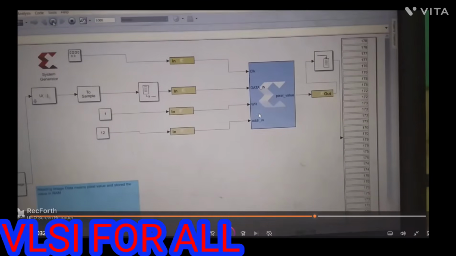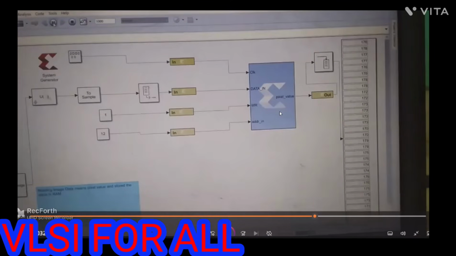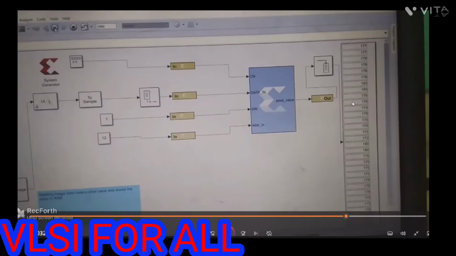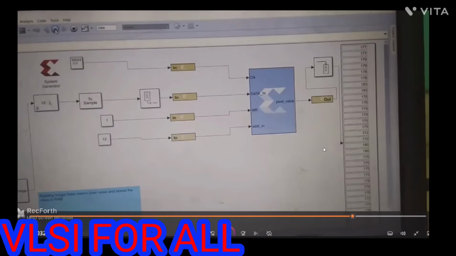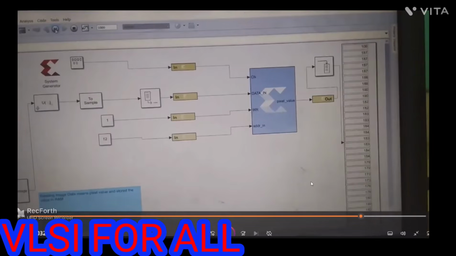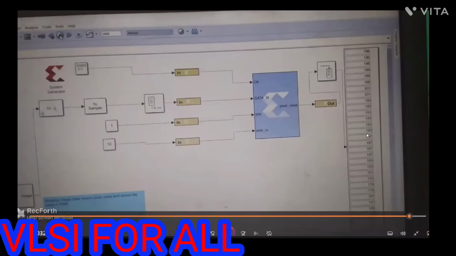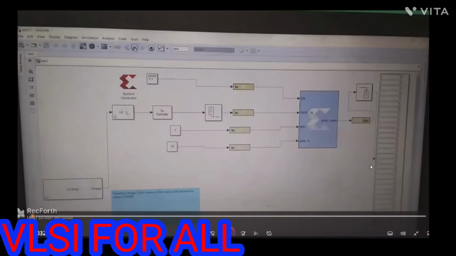So this one is your code. It's data in, CLK. This is your black box, and you take it and just do real-time testing, which is done by MATLAB. So you can see that the value changes. So now I'm just moving to